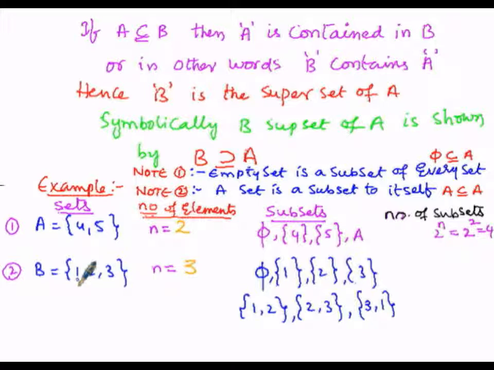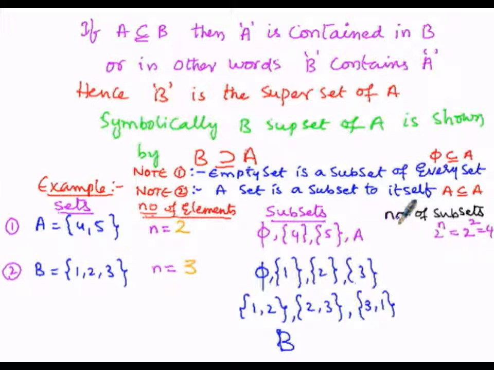Therefore this set is a subset of this set, that is B. Now let us take all the elements, or in other words we can take the set B itself. So here B is a subset of B itself. So every set is a subset of itself. Then now let us count the number of subsets here.